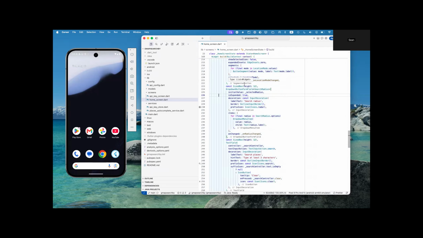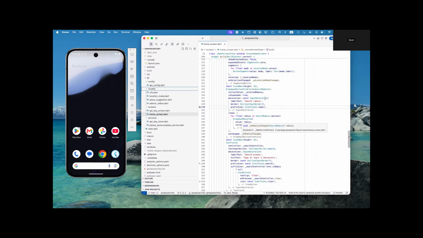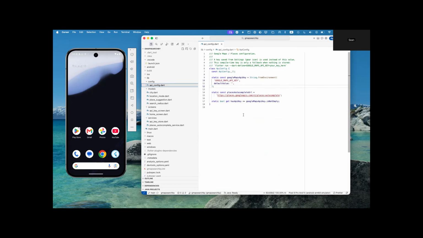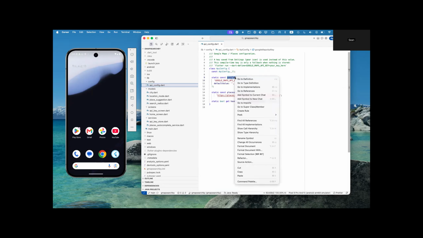lesson about using Flutter, and especially with either VS Code or a tool like VS Code, like Cursor. So here I have a project that I had built where it has a lot of different screens and a lot of different variables and objects